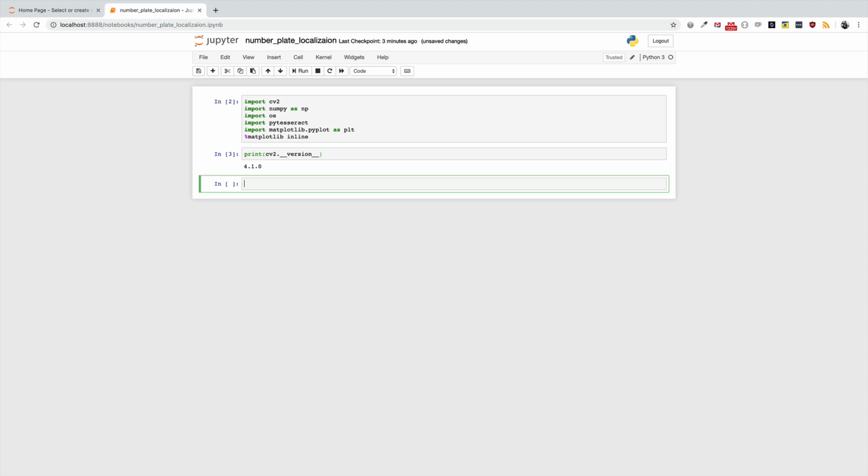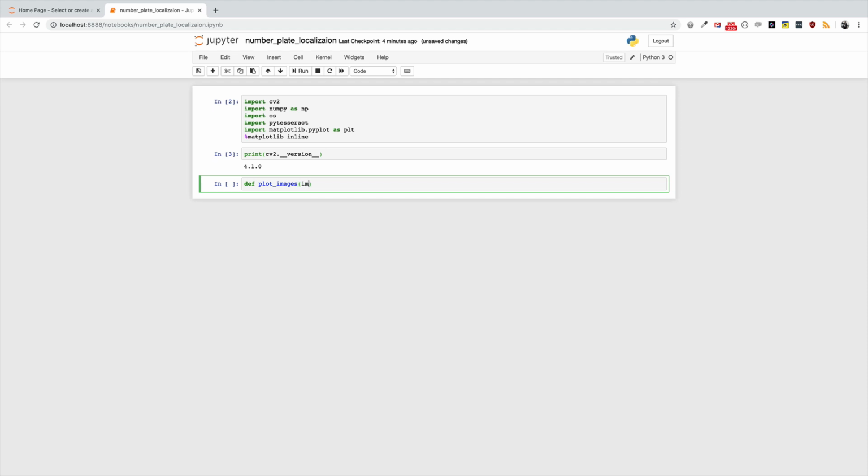So I'm going to read the image, but before I read the image, I want to create a function that we can use to plot two images side by side, and the reason will become clear afterwards. I want us to be able to look at an image before we applied some particular computer vision operation on it, and then the result of that operation on the image, okay, so that we can compare it side by side, and it's going to help us to understand how things are really working here. So I'm going to create a function called plot_images,